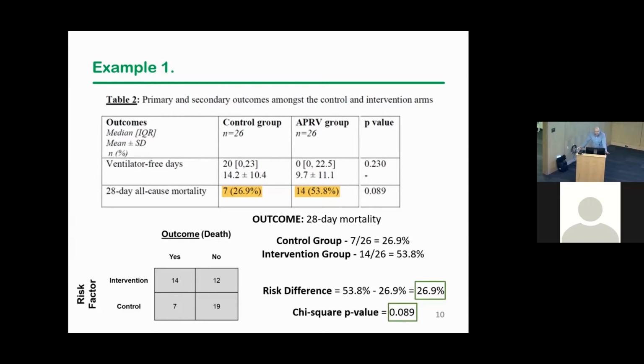What I like more than the p-value is actually the magnitude of the difference. As clinicians, it's not just about statistical significance. It's often about clinical significance. So when you see a risk difference of almost 27%, that can be very clinically meaningful, even though the p-value itself is insignificant. So whenever I'm going through results with young researchers, I try to emphasize that p-value, don't just